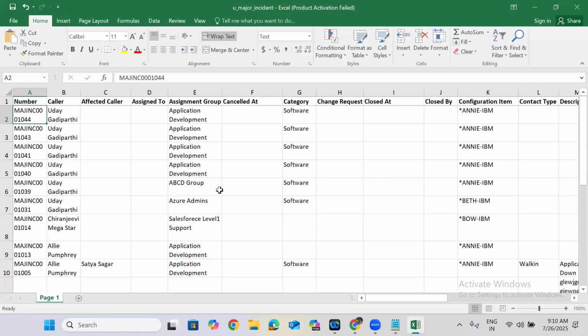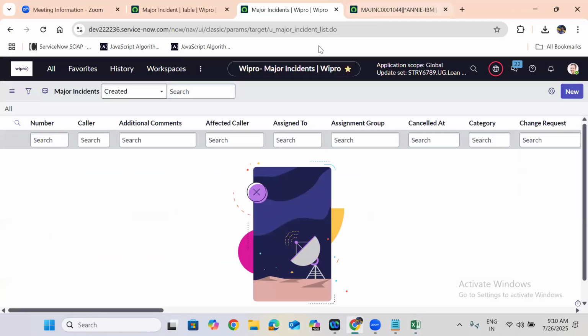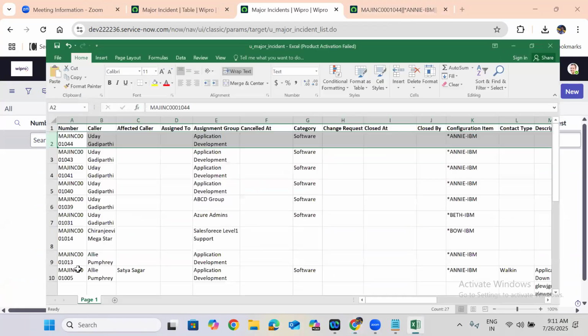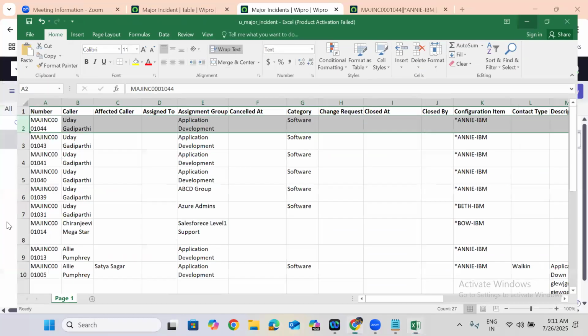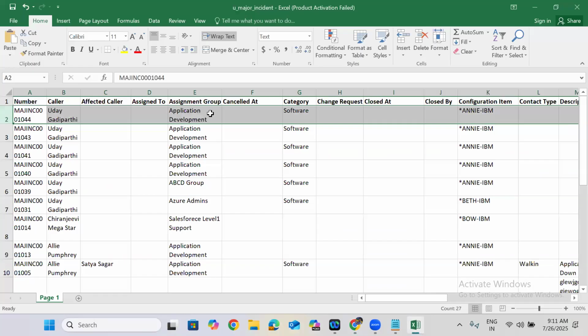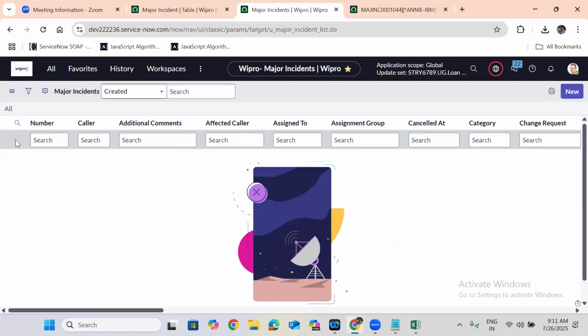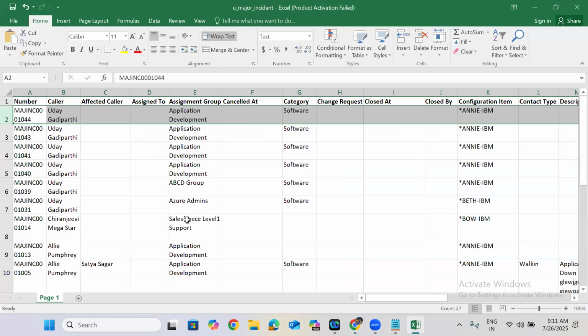That means whatever there is in one row here, that row should appear here. The Excel sheet row should appear here. So we have 10 rows here, right? Those 10 rows should appear here in the major incident table. So these 10 rows should appear as 10 records in ServiceNow, guys. Okay, the requirement is clear. So the point here is that whenever we are loading this data into